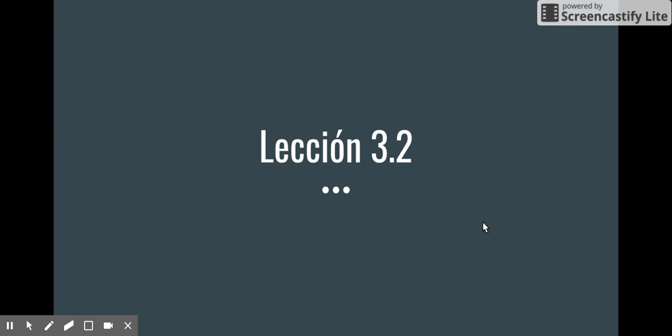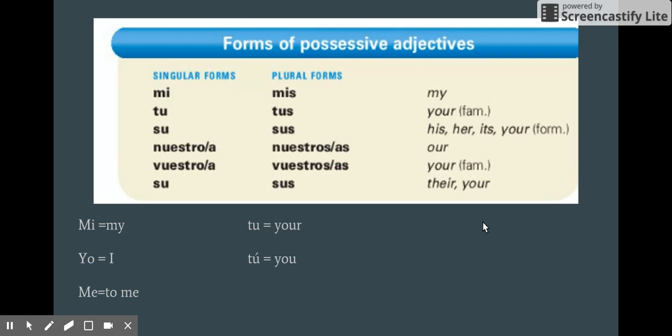In section 3.2, the main topic is possessive adjectives. So it's relatively straightforward. You can see the Spanish equivalent of the English possessive adjectives here. Note that it does change depending on whether the item that is owned is singular or plural, as well as masculine or feminine here. One thing I want to point out quick before I go into some examples is the